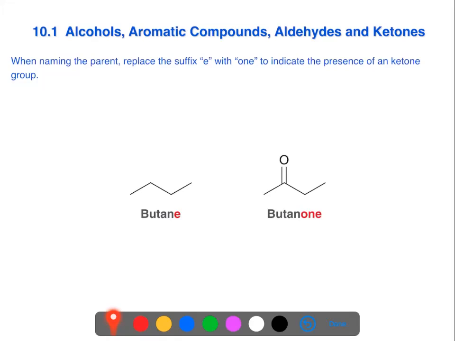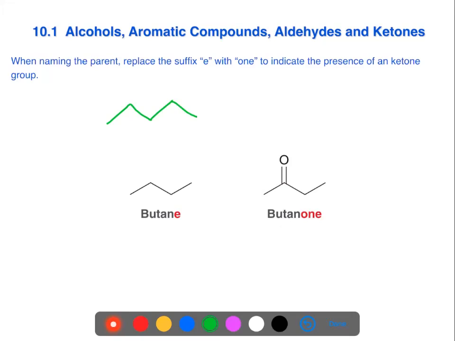And so we don't need to include the location of that ketone functionality in this particular structure because we can't have anything other than that carbonyl at the 2 position. So 2-butanone, that 2 would be redundant because we can't have a 1 or a 3 or a 4 for that matter. But if we were to go to, let's say, a